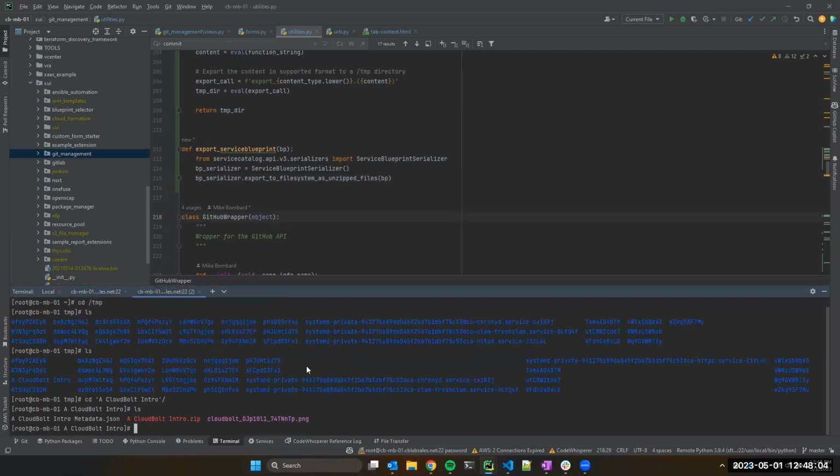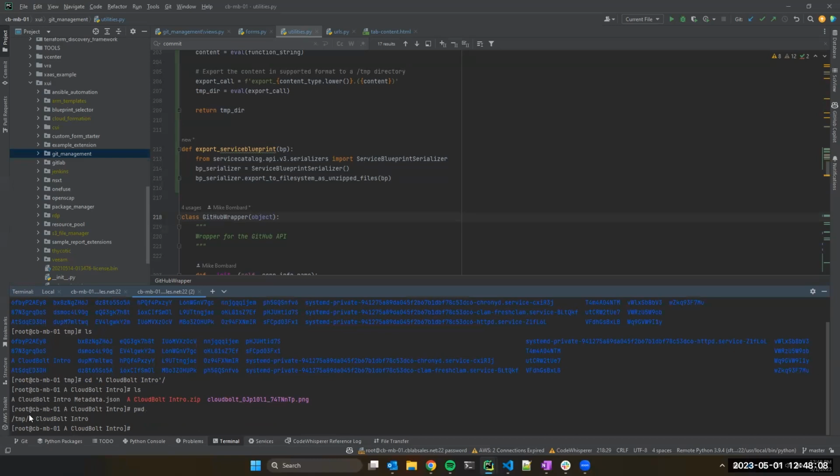Now I'm jumping into a separate terminal where I'm actually in the folder here, but you'll notice this blueprint was called a CloudBolt intro with spaces in there. I don't like that at all whatsoever. This directory name,